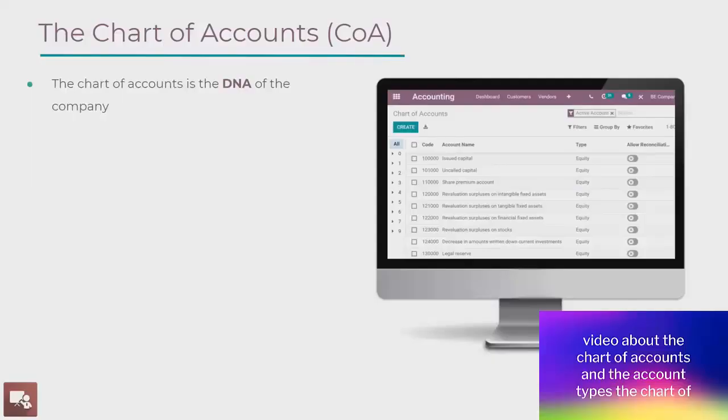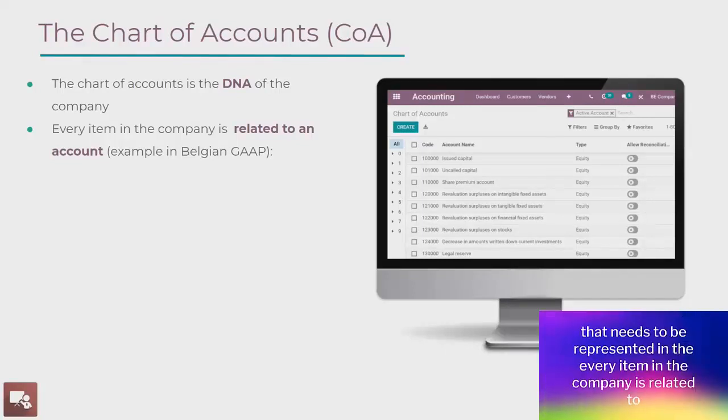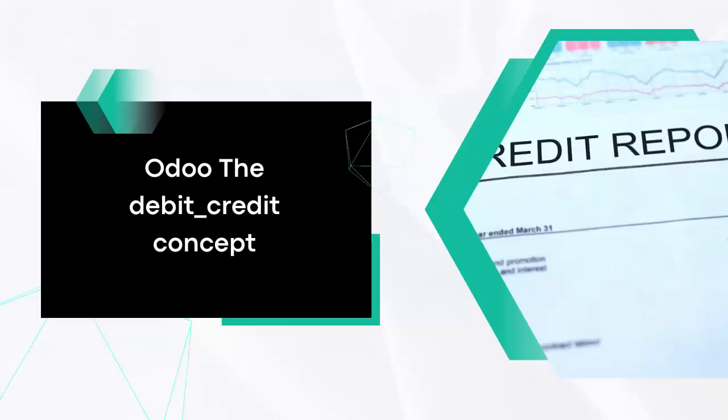Video about the chart of accounts and the account types. The chart of accounts is basically the DNA of the company. So this is how we structure all that. That needs to be represented in the every item in the company is related to